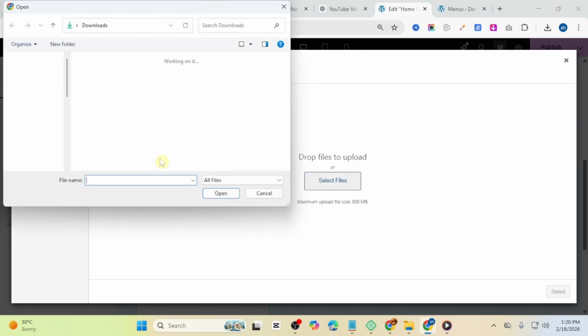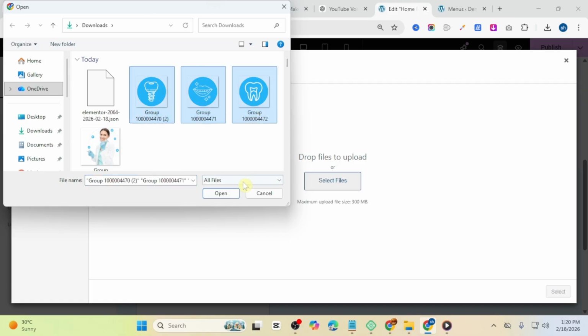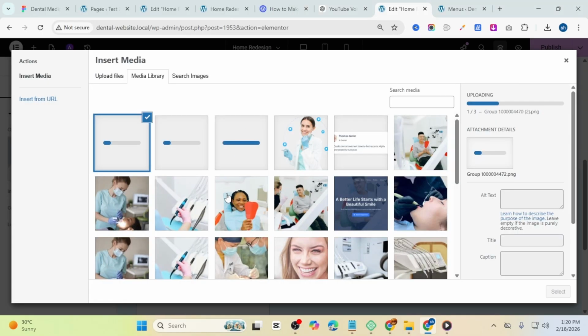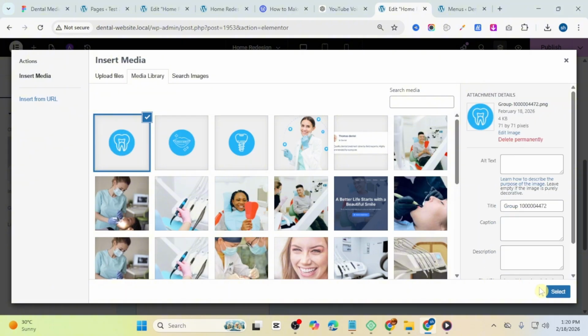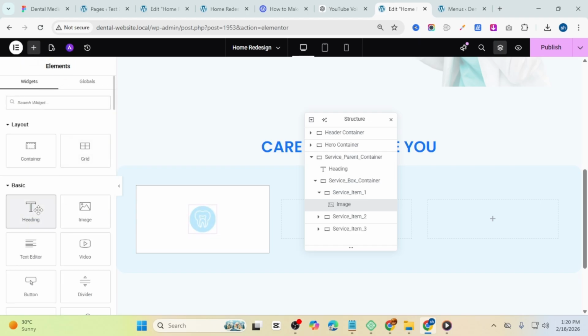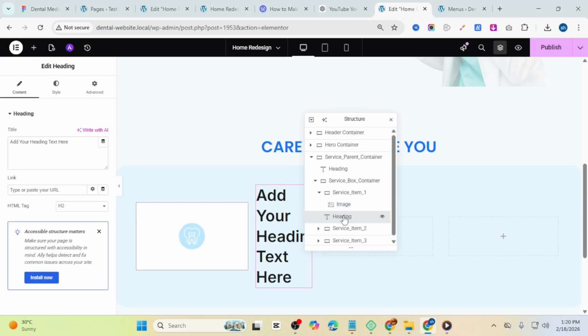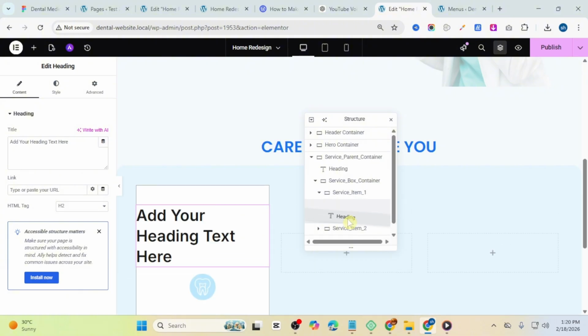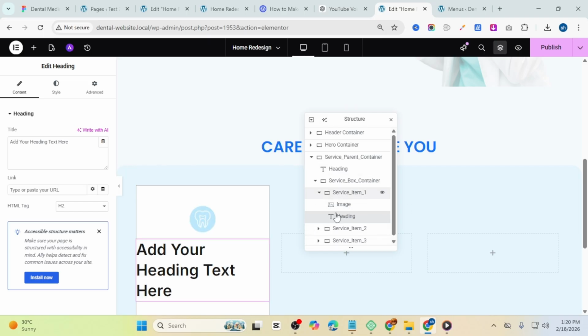Now upload the image files. So we will upload this tree. Alright, now select this. Then make it full. Alright, now click on this plus icon, take a heading here. The heading will be in the service item. So now rearrange this to this image below. So put the heading below the image. So now rename this to